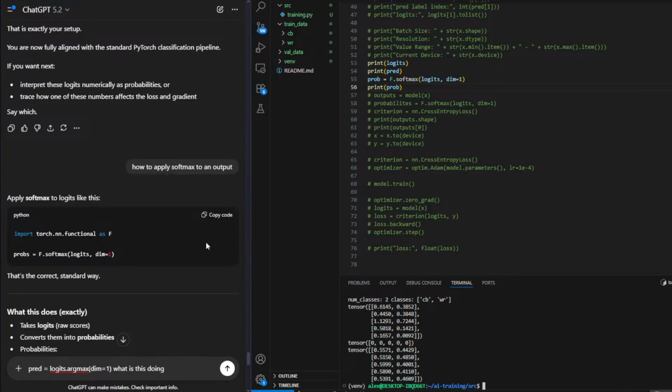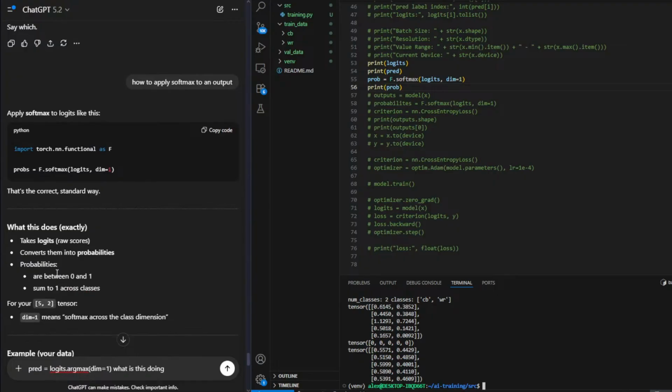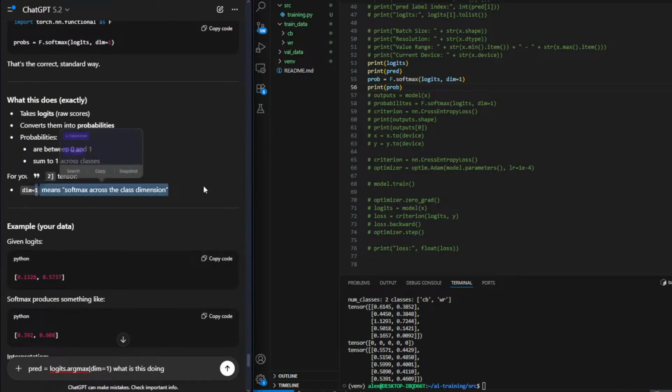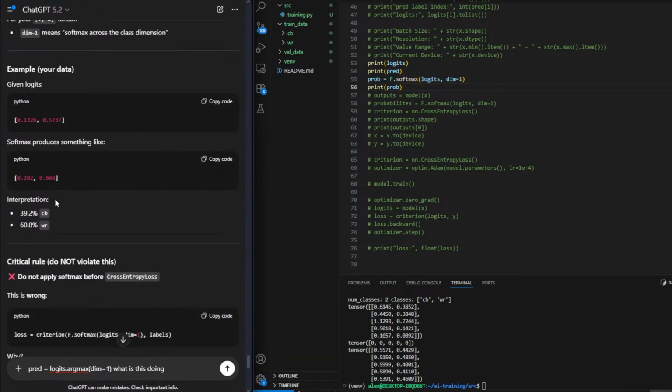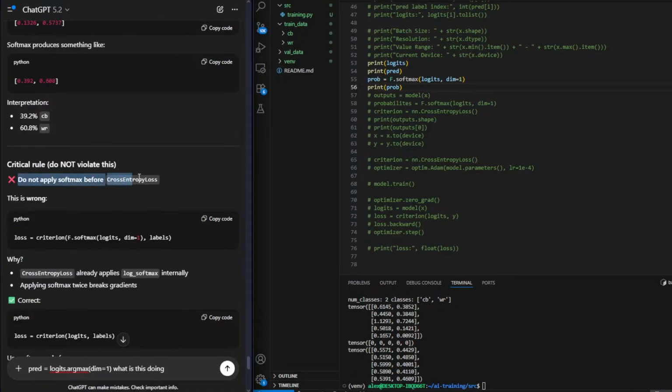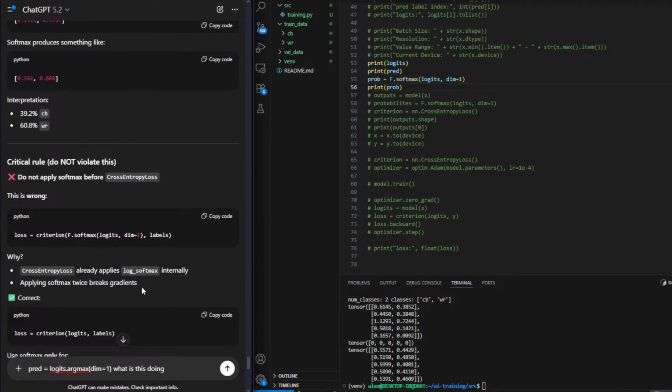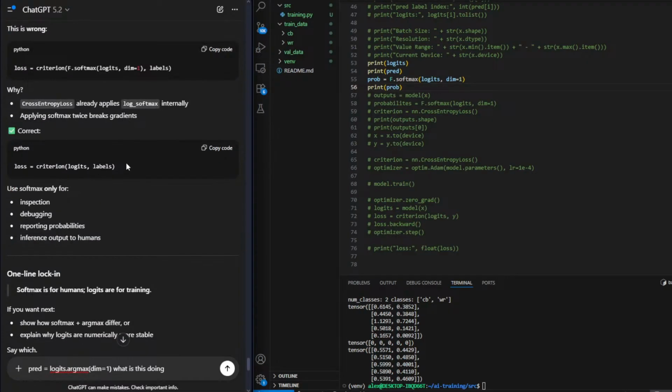Cool. Crossing the possibilities, across the class dimension. Dimension isn't some fancy AI term, it's literally just speaking within the context of a graph. Do not apply softmax before your loss, though, right? So cross entropy loss already applies log softmax internally. Applying softmax twice breaks gradient. So